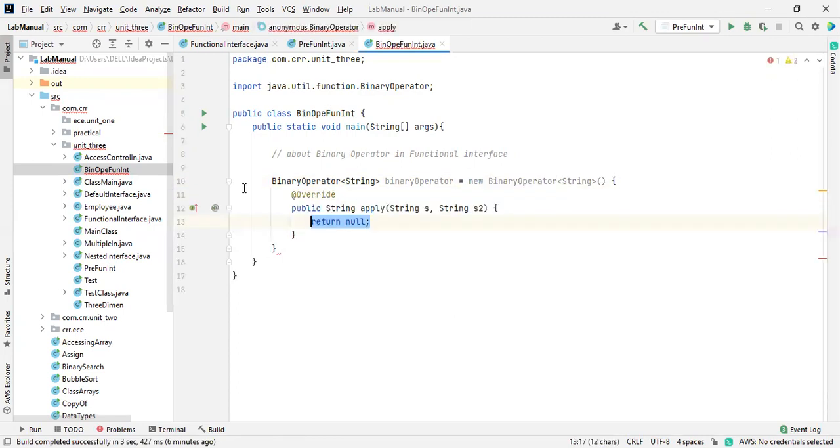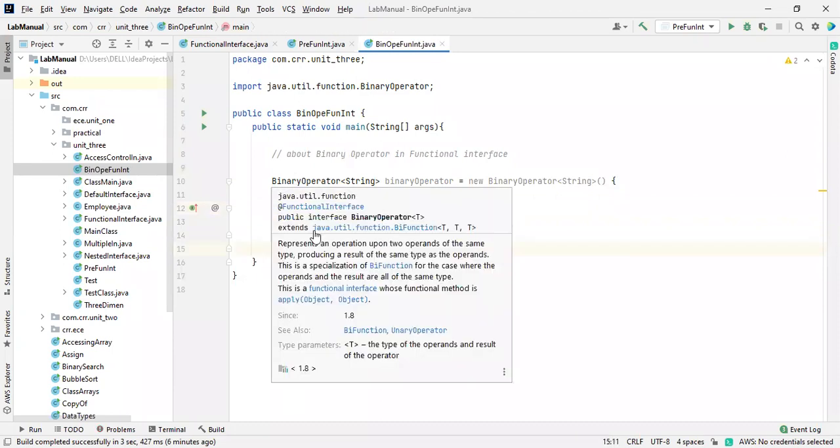Now the values inside the method will be changed. The default abstract method of the binary operator is apply. In predicate we have the test abstract method, so inside a binary operator we have apply by default. See, this represents an operation upon two operands of the same type, producing a result of the same type as the operands.